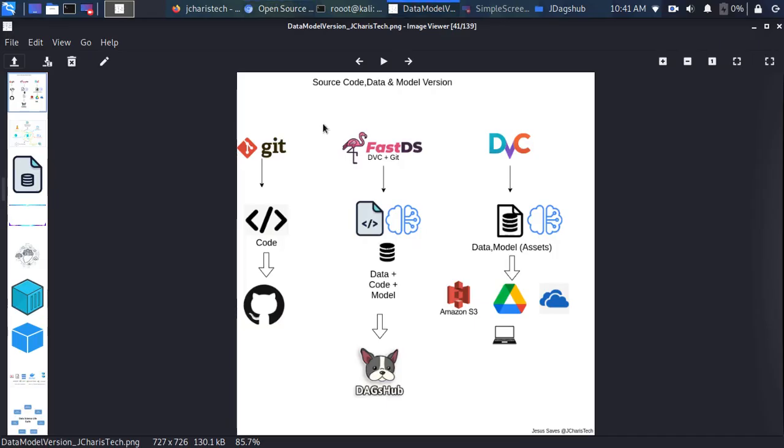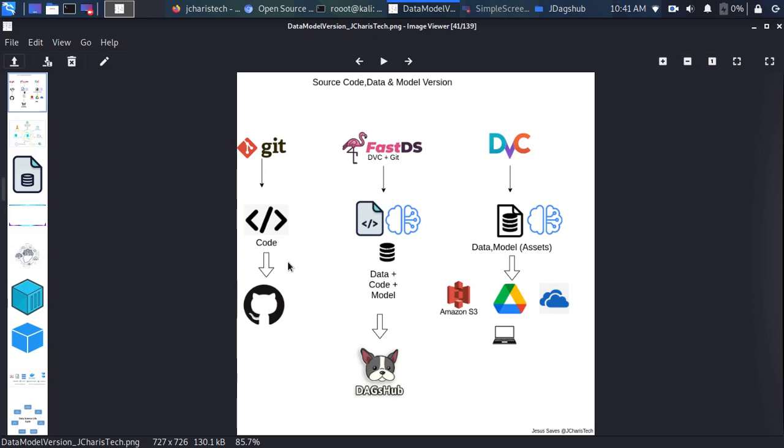So the normal software development approach is that if you have different versions of your software, different versions of your code, you need to keep track of the different versions. One of the powerful tools you use is Git. You can also use other version control software like Mercurial, but most of the time we use Git to keep track of the different versions of your code. So where do you keep the different versions? You mostly use GitHub, GitLab, or Bitbucket. These are the different platforms that allow you to do software version control or source code